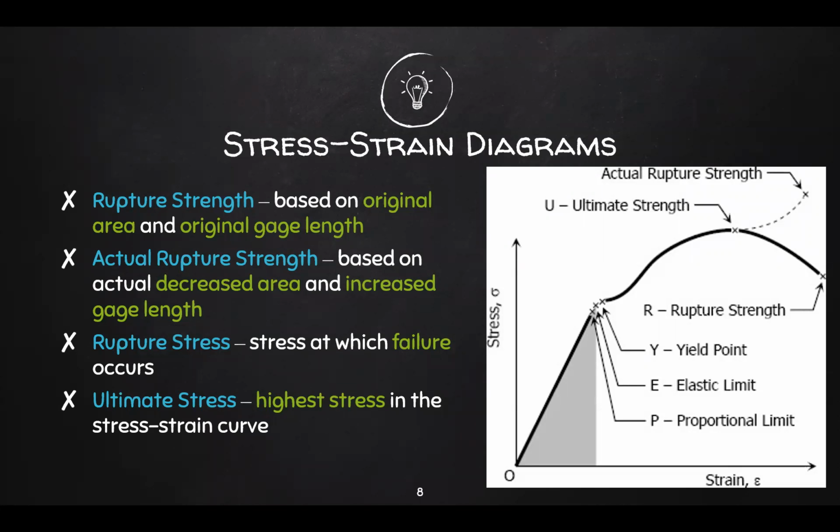So its difference with rupture stress is, even though at this point it's the maximum stress it can handle, it's not failing completely yet, okay? Beyond that point, it's starting to fail. Then finally, at rupture stress is when it actually fails. A rupture occurs or fracture occurs. Okay? That is where a material has officially failed. All right, so that's the difference between ultimate and rupture.